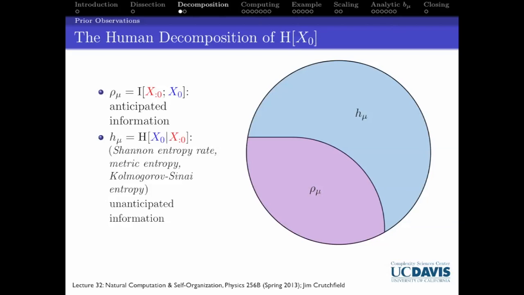So it's whatever information you cannot anticipate about the present given the past. And we've already seen that this goes by a number of different names. It's the Shannon entropy rate, metric entropy, Kolmogorov-Sinai entropy, and other names. Very widely studied, etc. So the past will break us into anticipated and unanticipated information. And if we bring the future in,